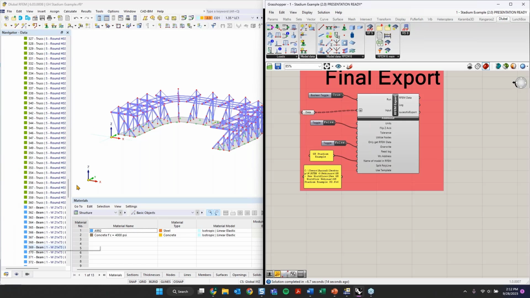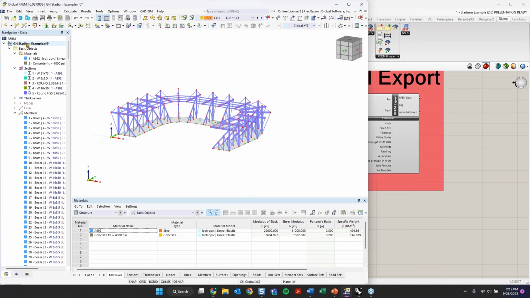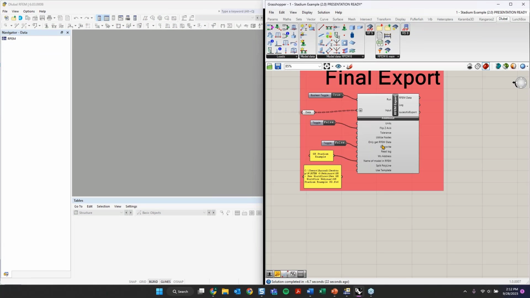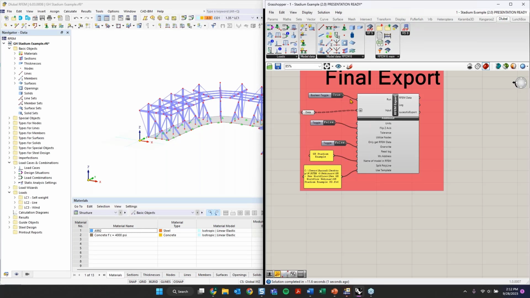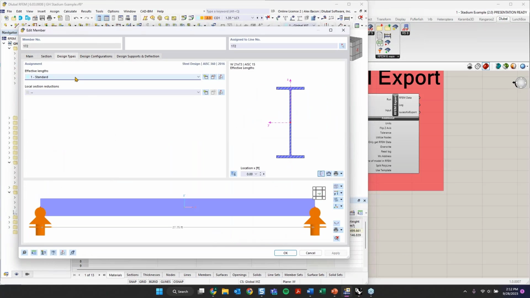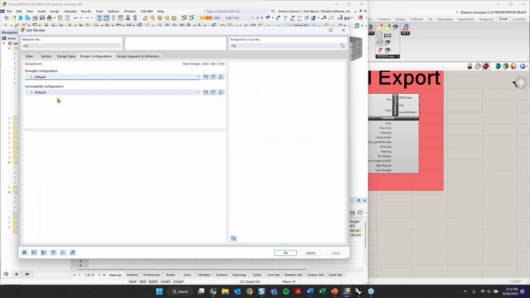To close the model, because with the overwrite set to false, it actually imported in multiple members. So what I want to do is keep this template here and then assign the steel effective lengths and steel configuration. And then I want to export that out. And now we should see the effective lengths assigned to my column here, along with my strength